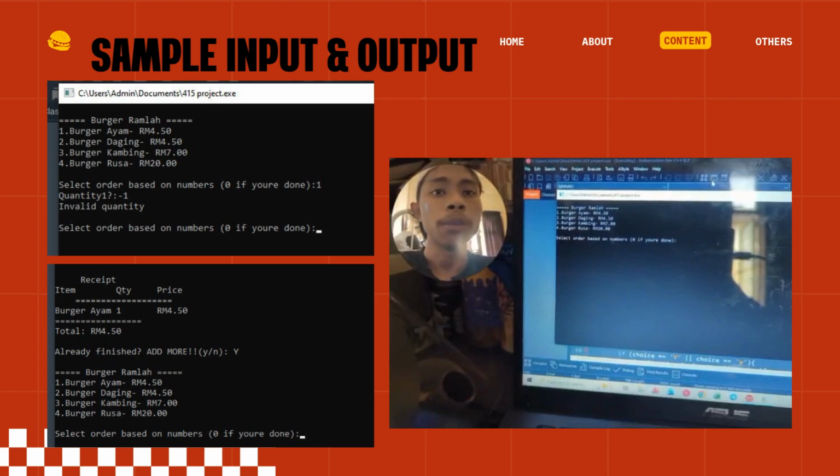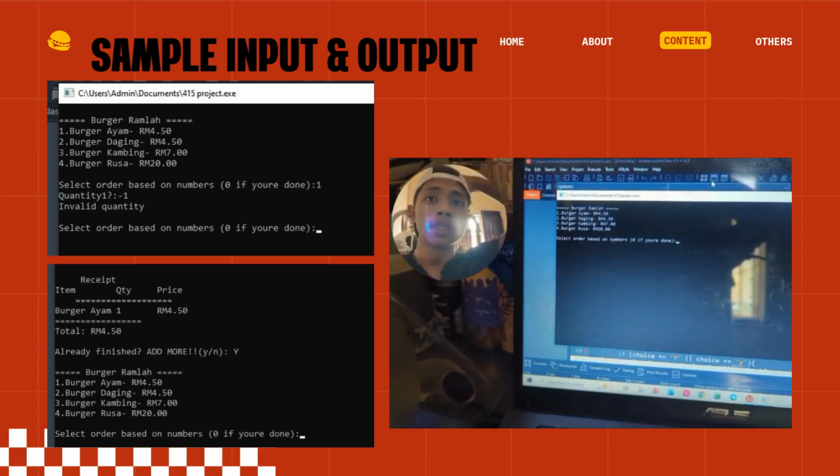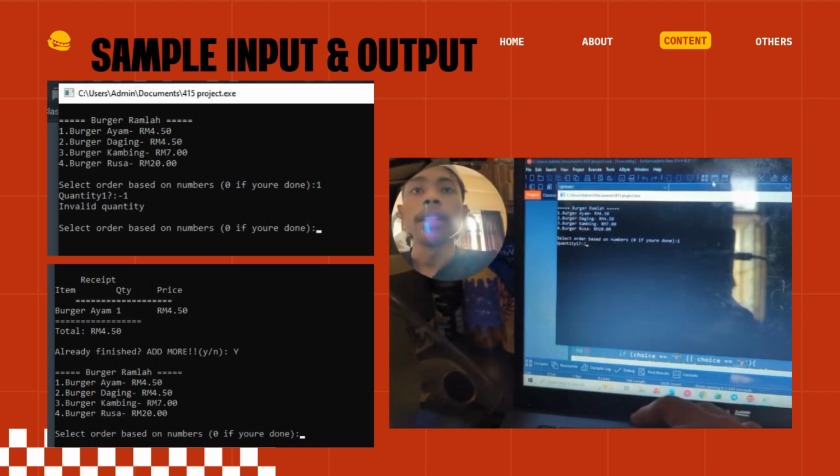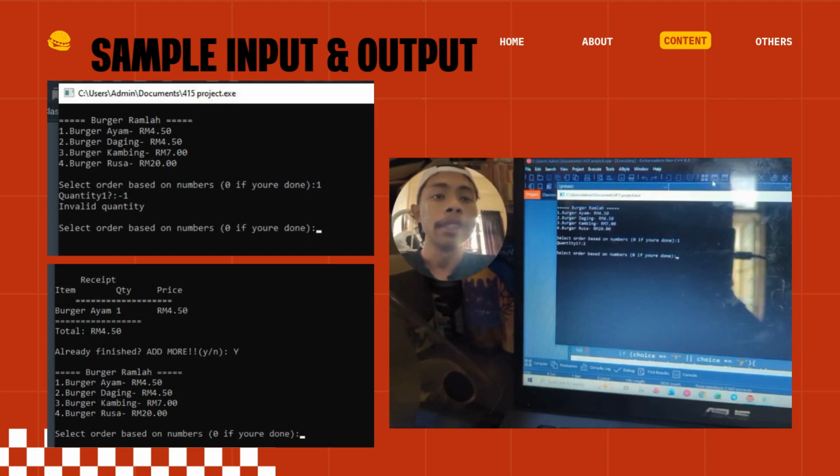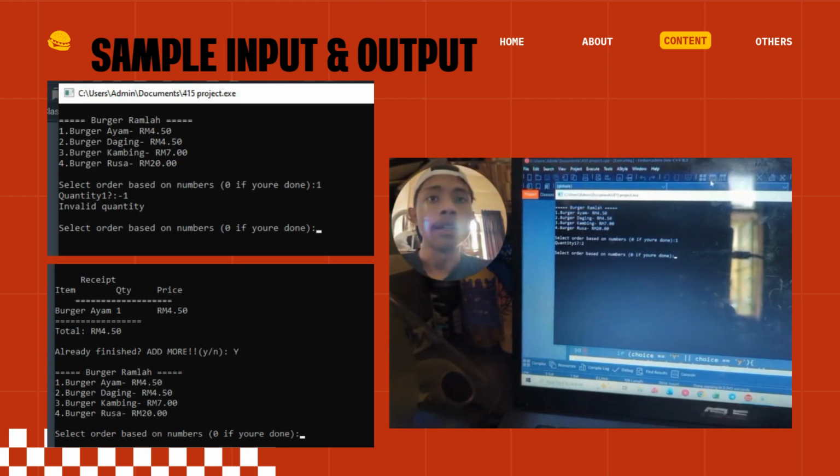So this is our sample output, and firstly it shows our menu, which is burgers and their prices. First, the customer needs to order based on the number on the menu. Let's say I choose 1, and then it will ask about the quantity, and let's say I say 2, it will loop the order, so the customer can repeatedly order burgers from the menu. If the customer wants to end the order, they can type 0, and then it shows the receipt,